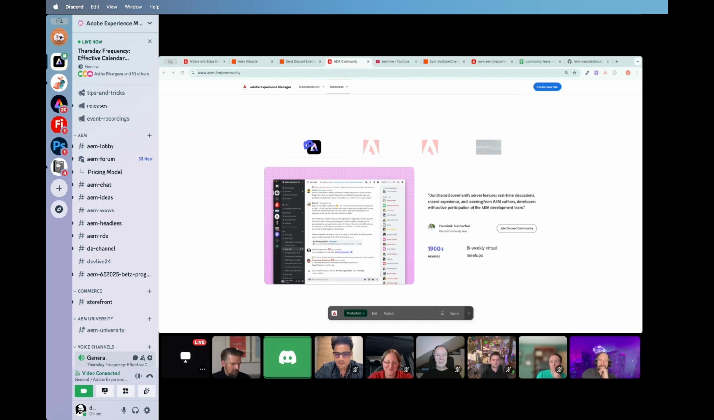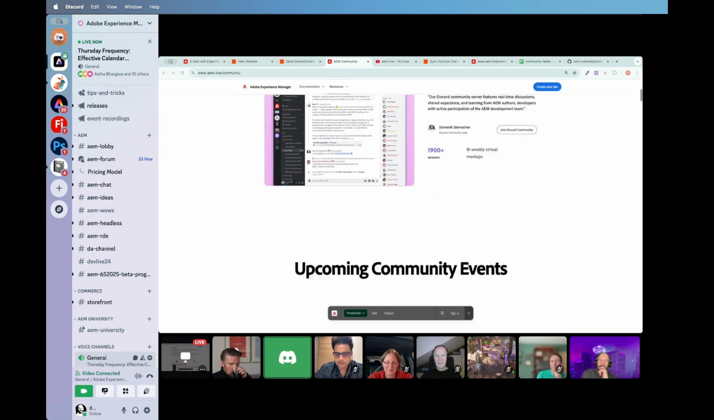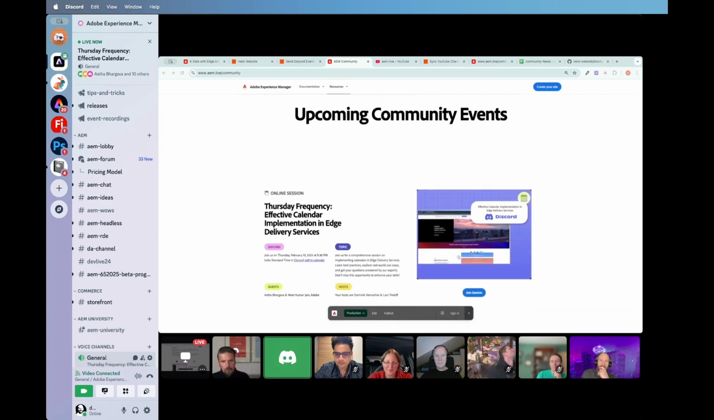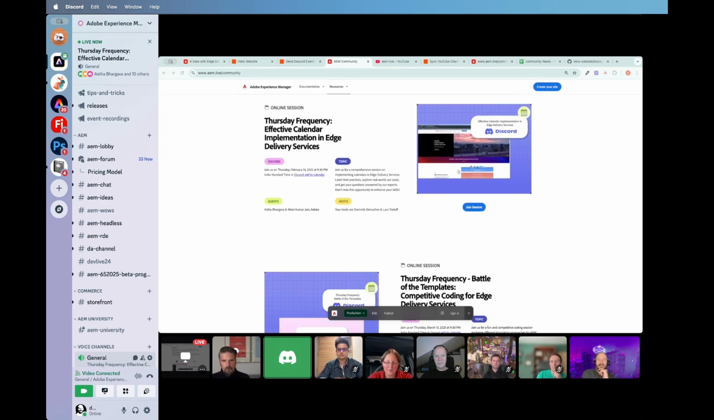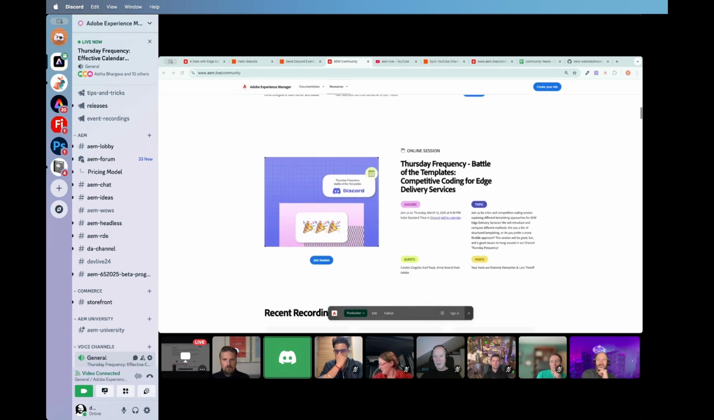So the main point is that Dominik plays a major role in organizing and planning the events in Discord, and planning them well in advance, as you can see from the upcoming community events. Here we already have our slot, and another slot is already in planning. So the main thing that Dominik has to deal with, which we came to know,